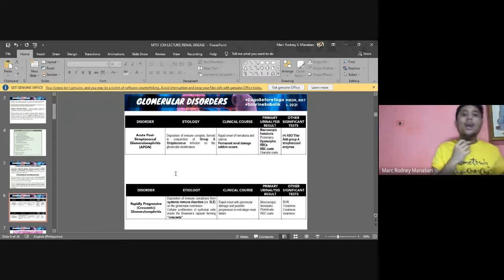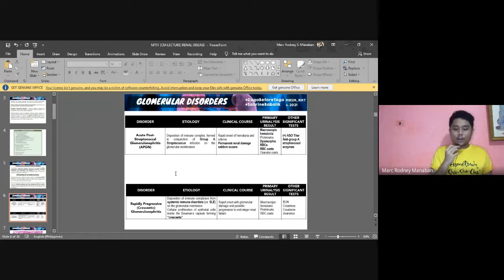All right, and this is also known as your Bright's disease. Okay, so Bright's disease. So what happens is, of course, circulating immune complexes, antibodies of your body reacting with the streptococcal antigens, they form immune complexes. And these immune complexes will be deposited in your glomerulus. And these immune complexes, of course, as mentioned, will trigger the immune system and lead to the damage of the glomerulus. So that is the pathophysiology, alright, or the cause, the etiology of the disease. So immune complexes of the Streptococcus pyogenes antigens with your antibodies.